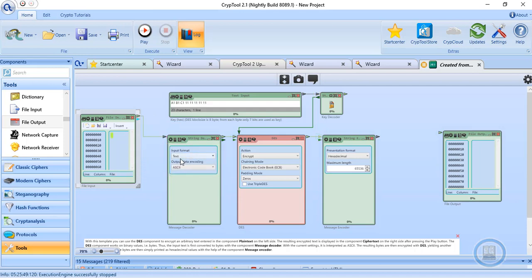Here we are saying that we will use the input format as the text, and the output data encoding we want to use ASCII value. So you can use ASCII value from here. It will show you a lot of options, that is, what kind of text you want to input. You want to input binary, octal, decimal, hexadecimal, or base 64. So we want to use normal text, and the encoding scheme we are using is ASCII.